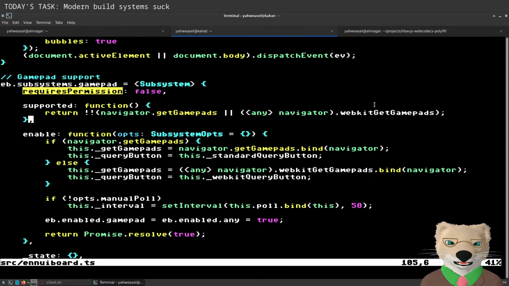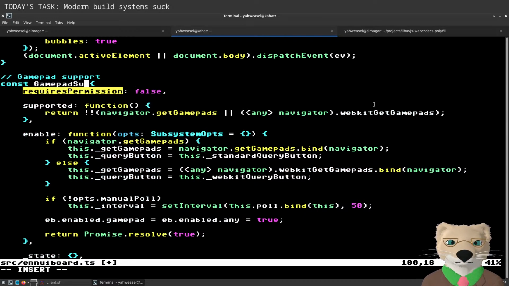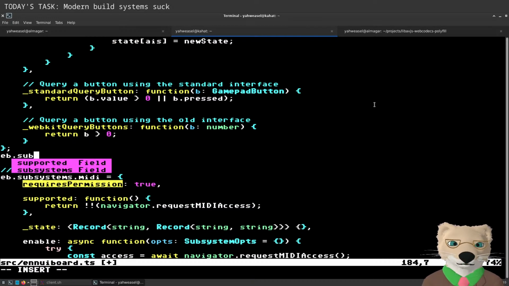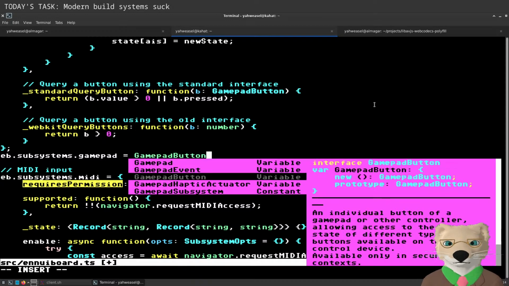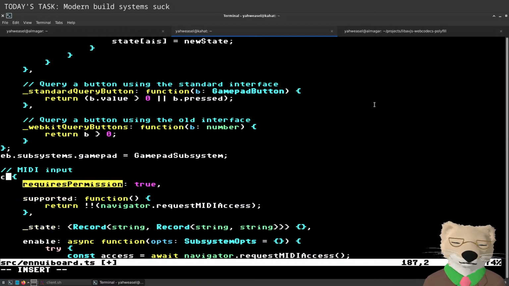So this is odd, because what I really want... Maybe here's what I do. Gamepad subsystem. Gamepad subsystem equals that, and then I'll set it like that, and that way it is.